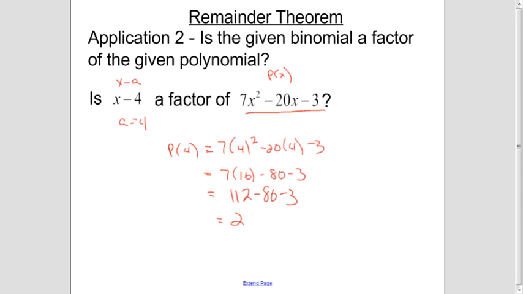So I did not get a remainder of 0. This means that x minus 4 is,